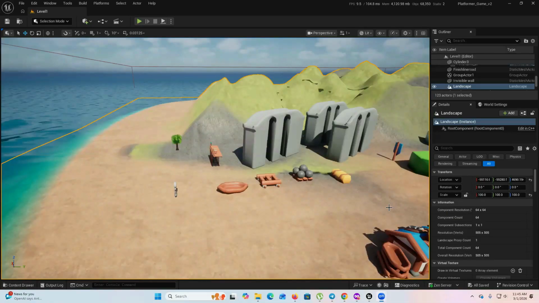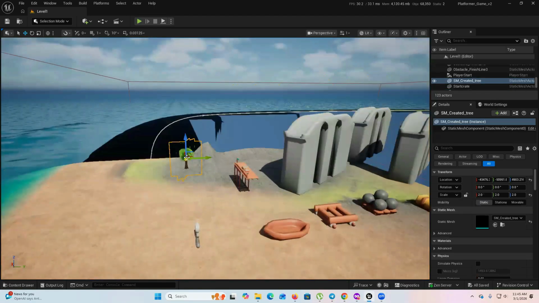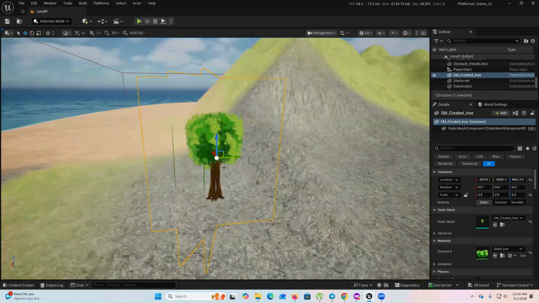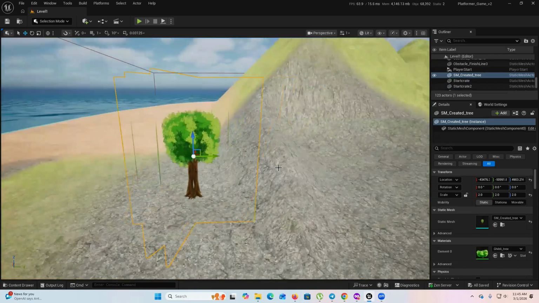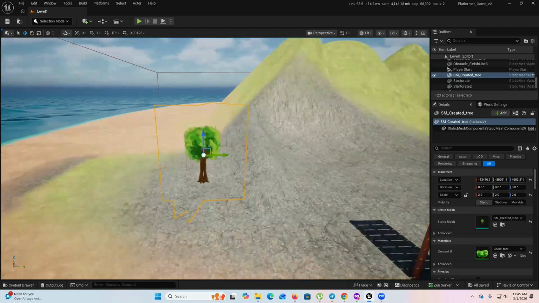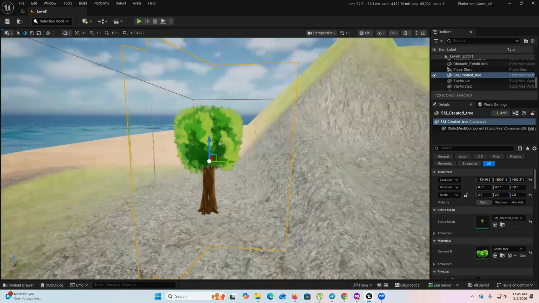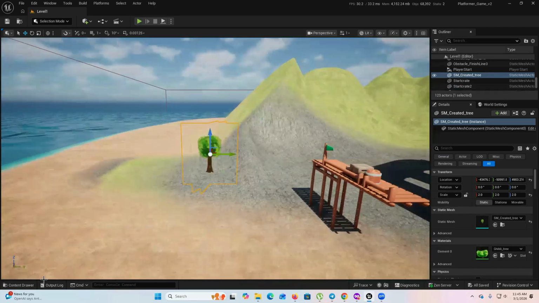Hello, good day. In this video, I will show you how to use an image for a static mesh in Unreal. So, I have a tree here. Click the tree, press F. This tree is really an image. I'll show you how to create, let's say, a billboard image. This is really an old technique that is used in 3D. So what I'll do,